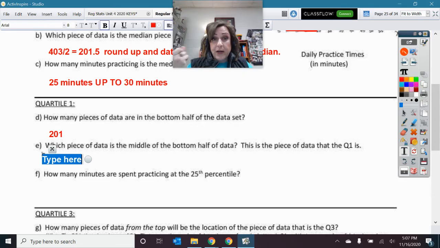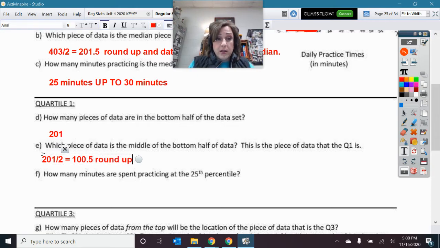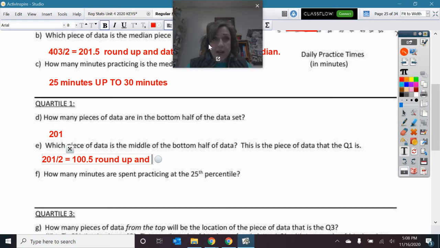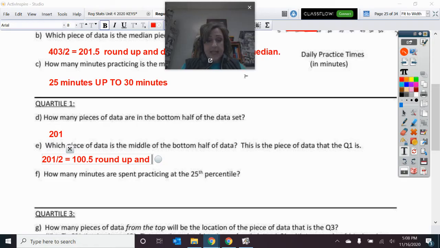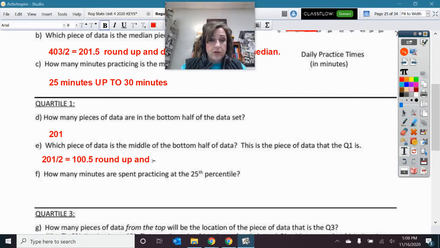We do like we did a minute ago: 201 divided in half equals 100.5. So now we're going to round up, and that gives data piece number